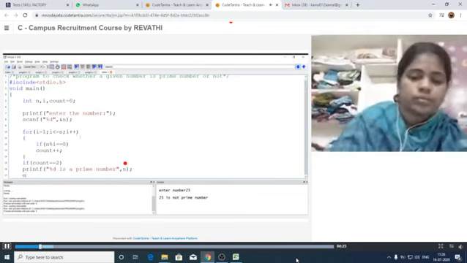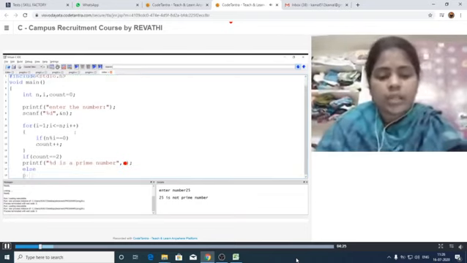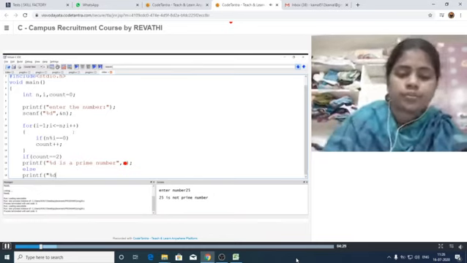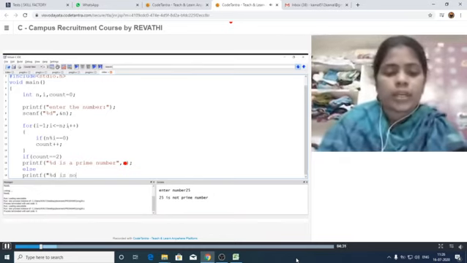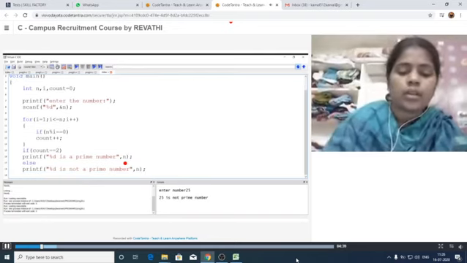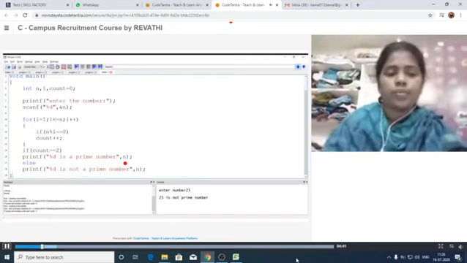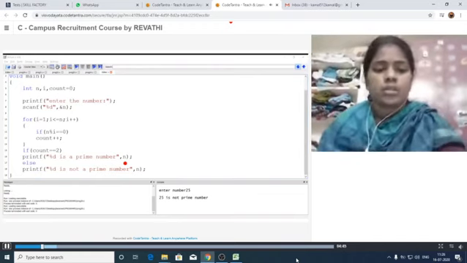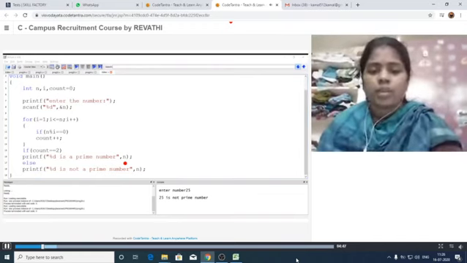Next, else printf "%d is not a prime number", here also n. Okay, simply we can close the main function. So this is the logic we have to write to check whether the given number is prime or not.